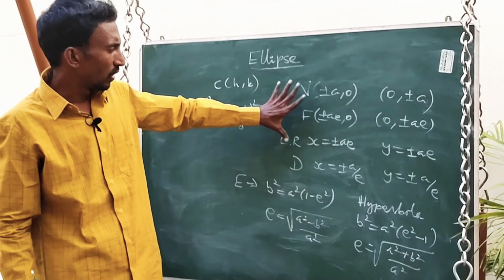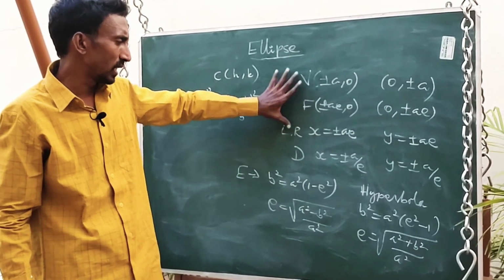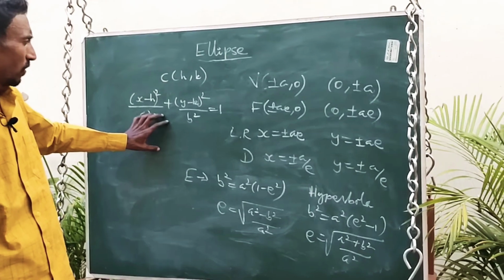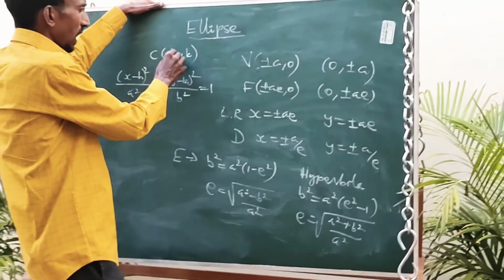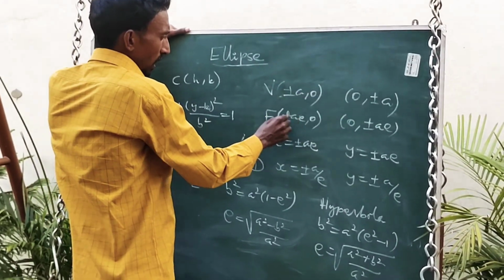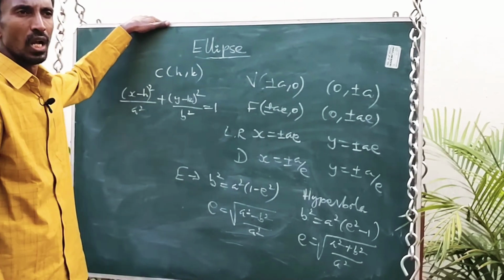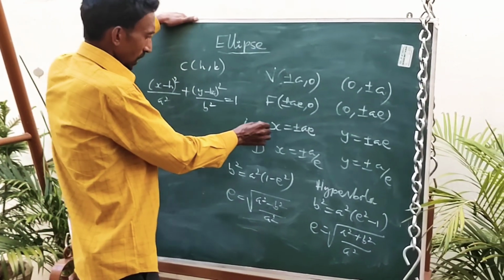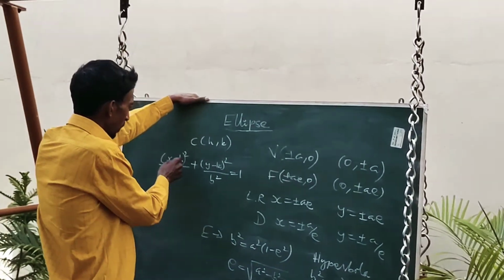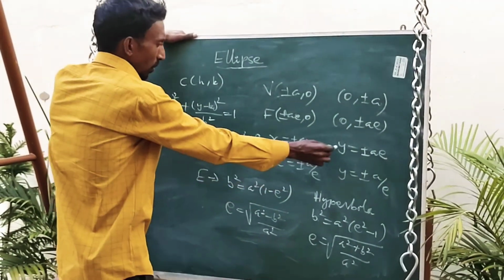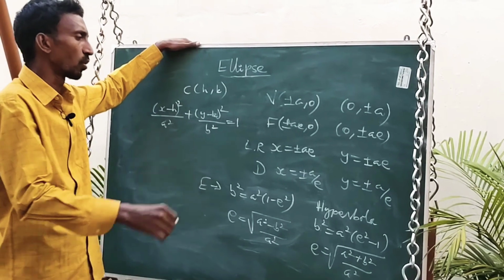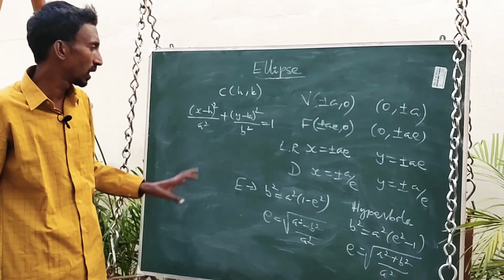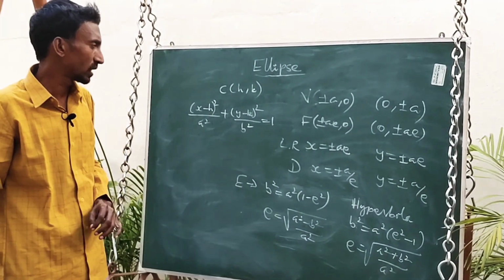Okay. So if you remember the standard type major points, no need to mug up this one. Just add this h comma k to the x coordinate and y coordinate. We are getting the original for the general form. And for the latus rectum and directrices, replace x by x minus h, y by y minus k. We are getting the original answer. No need to mug up the formula separately for the general equation.